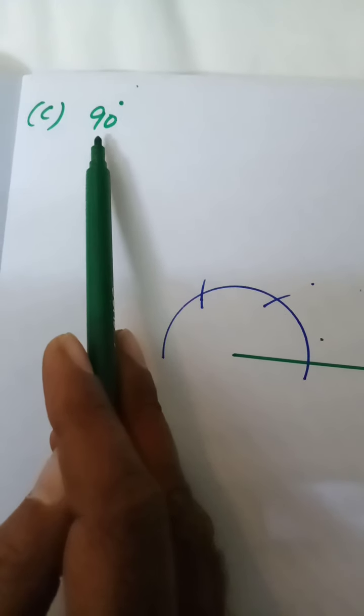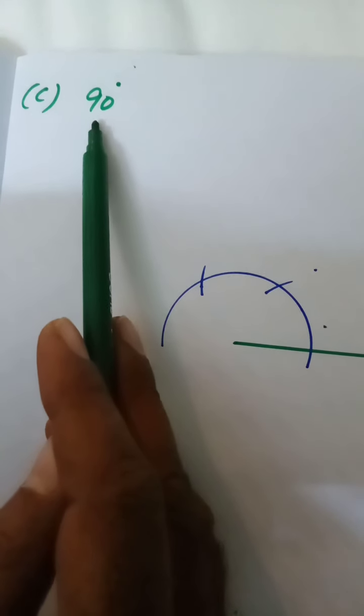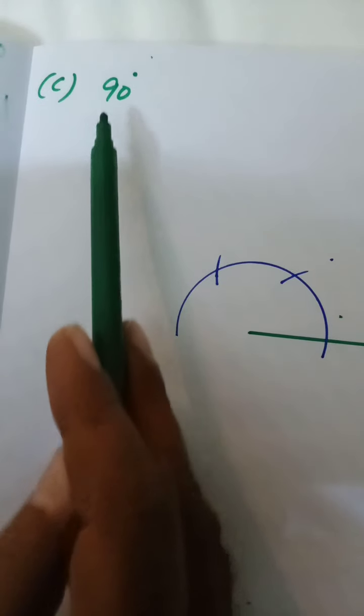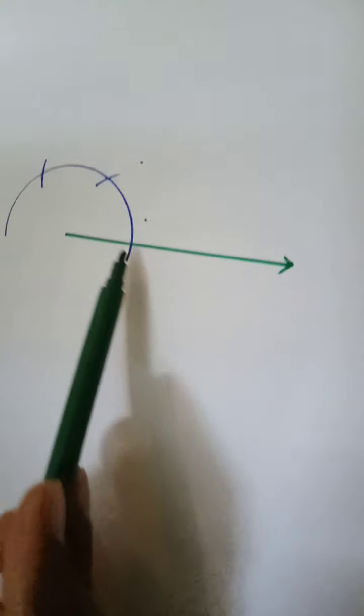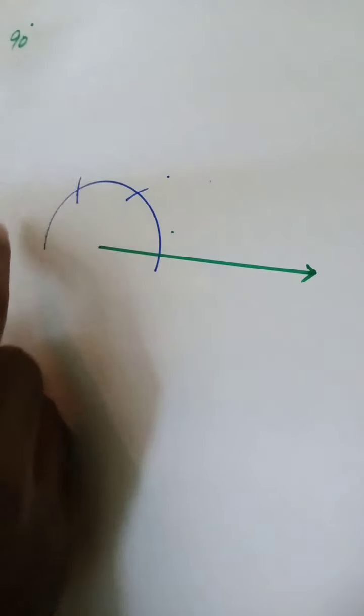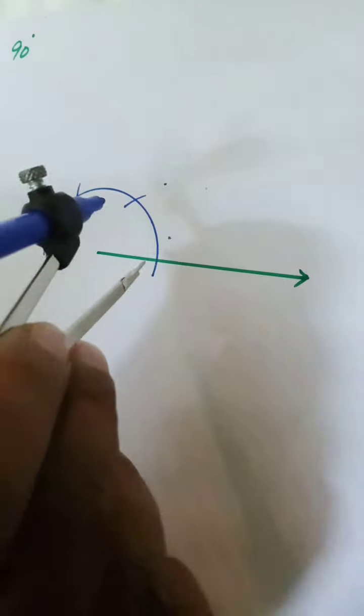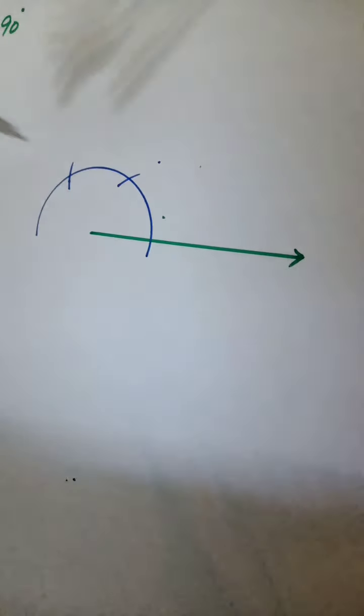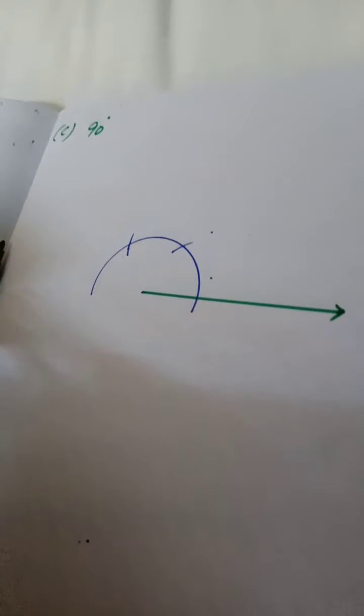In C part we have to construct an angle of 90 degree. For 90 degree we will follow the same steps. First of all we will take a ray. Then you will open the compass and put an arc like this. And this first arc is of 60 degree. Then you will put the needle at 60 and you will get an arc of 120 degree. We will follow the same steps. Now what is the next?